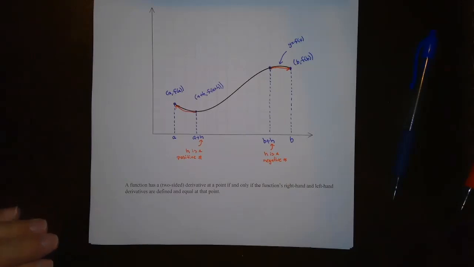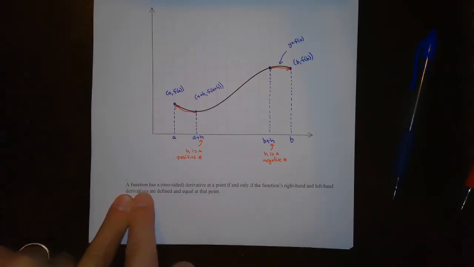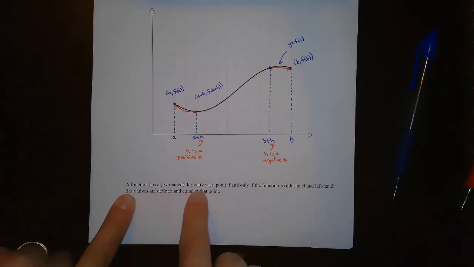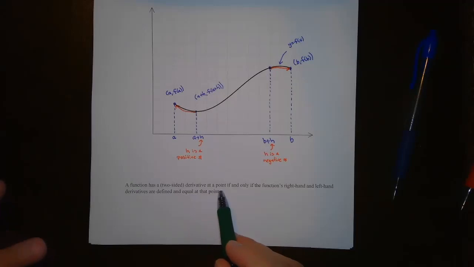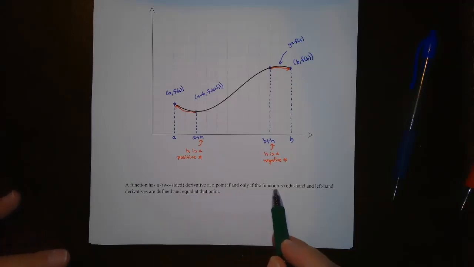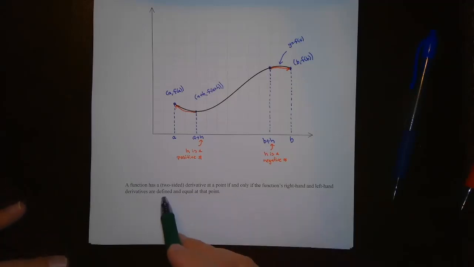All right, so now down here, a function has a two-sided derivative. Okay, so that means two-sided means that they have a derivative from both sides, okay? From the right side and the left side. A function has a derivative at a point if and only if the function's right hand and left hand derivatives are defined and equal